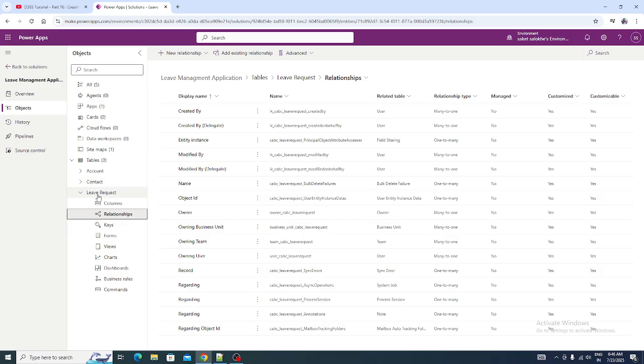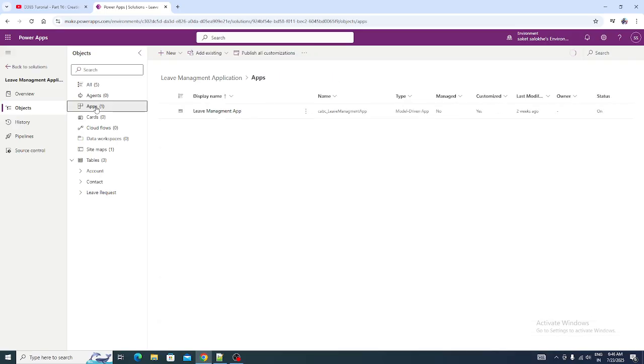So this leave request table is already related with system tables such as user, which is related to this column created by, and so on and so forth. Okay, right? So that's the one thing I wanted to show you before adding the table inside the